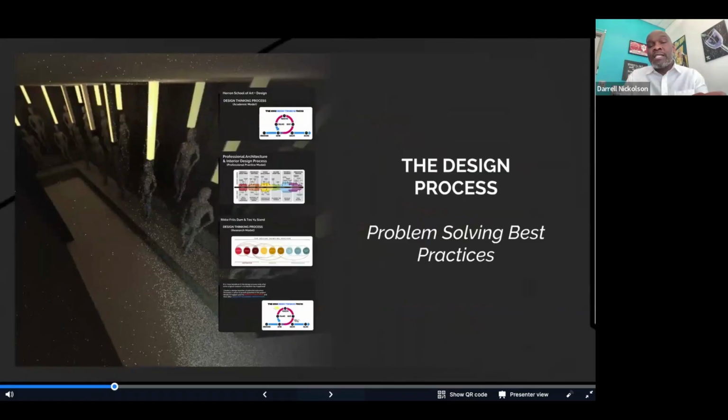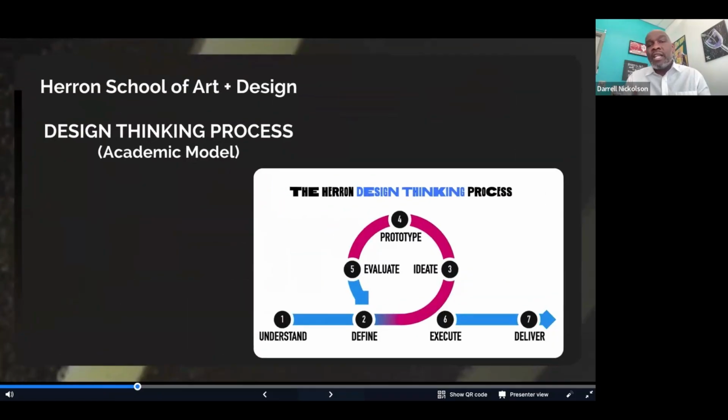And so the design process is where I decided to try to incorporate artificial intelligence into my classroom projects, just to see where it would manifest itself and how it would come out in the end and how my students would respond to it. So I looked at it in a couple different ways. Here in the Herron School of Art and Design, we have a design thinking process, right? And I kind of refer to this more as the academic model, where in the classroom when we're teaching, we're